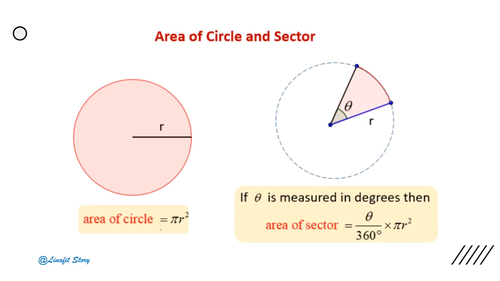Area of circle and sector. To get the area of a circle is pi times radius times radius. Then to get the area of the sector is how many degrees there are out of 360 degrees times pi times radius times radius. For example,